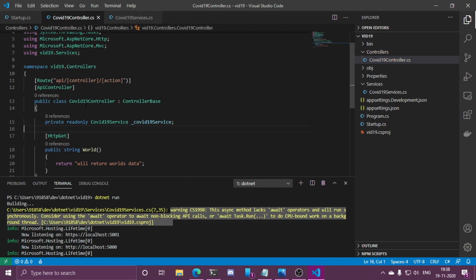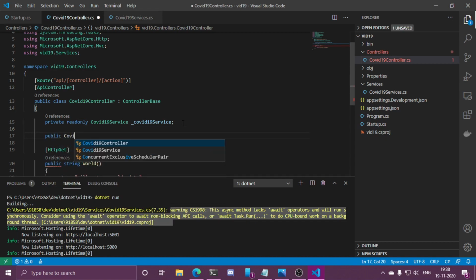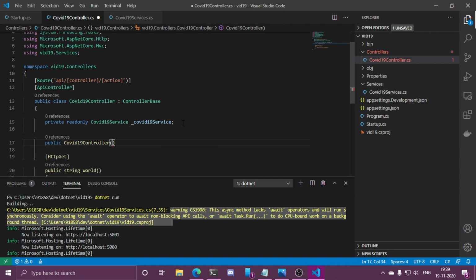So it is inside this namespace, and then we have to create a constructor for our controller, and inside this constructor we are going to inject COVID-19 services instance.